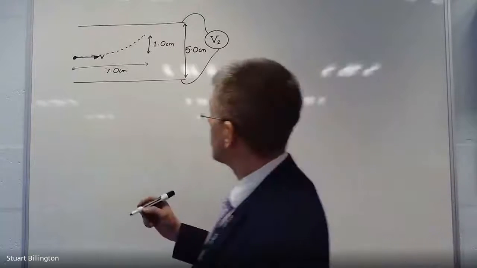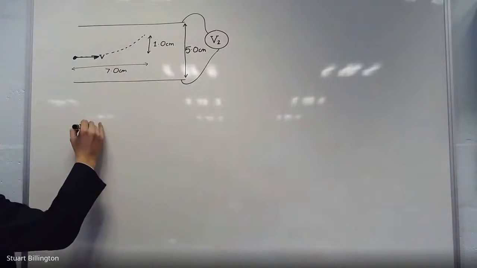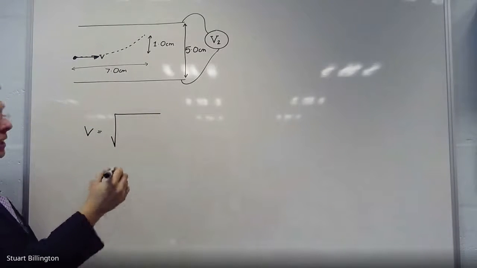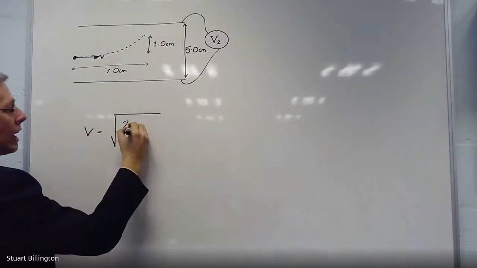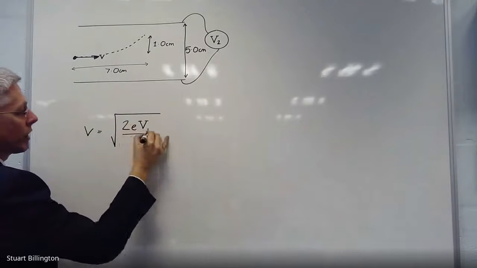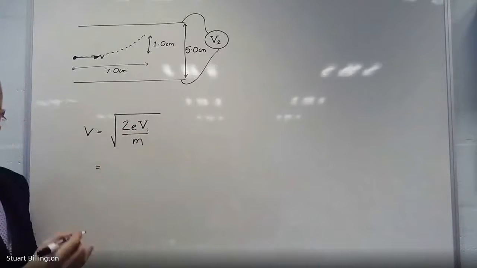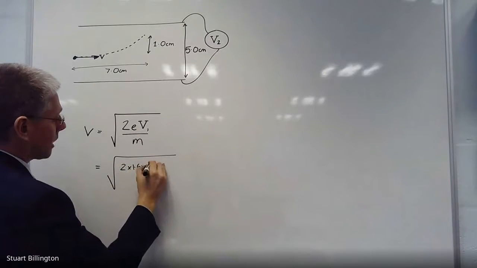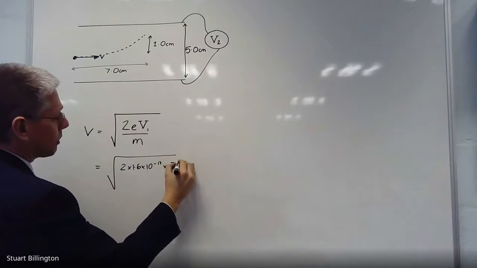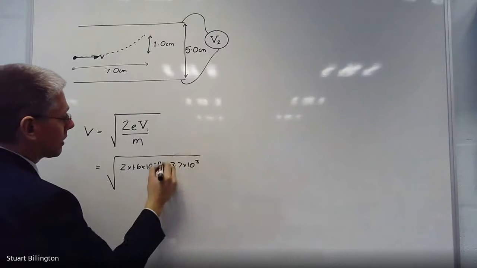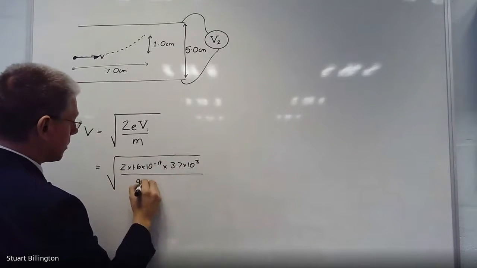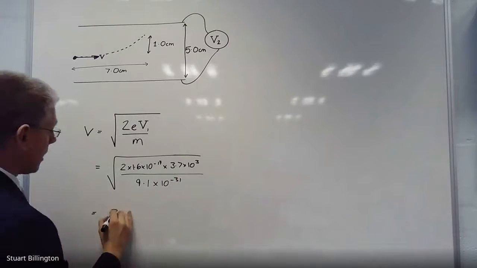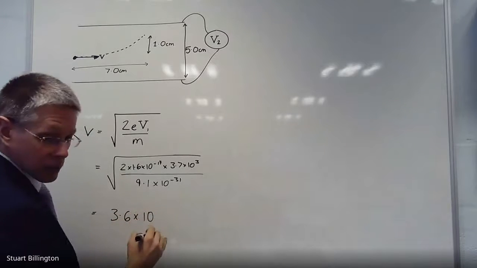Okay, let's go through the solution. From what we did before, we're going to get the velocity of the particle from the electron gun as the square root of 2 times 1.6 times 10 to the minus 19 times 3.7 times 10 to the 3, all over 9.1 times 10 to the minus 31. And when you get the numbers on your calculator, that comes out at 3.6 times 10 to the 7,